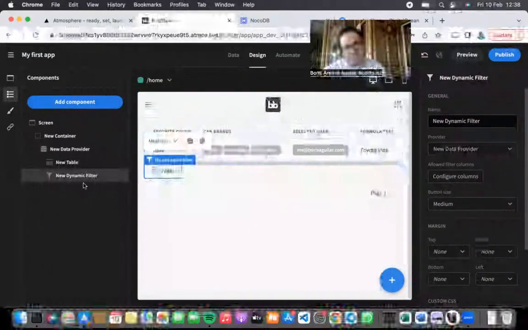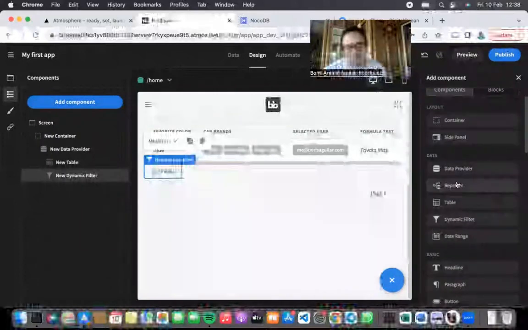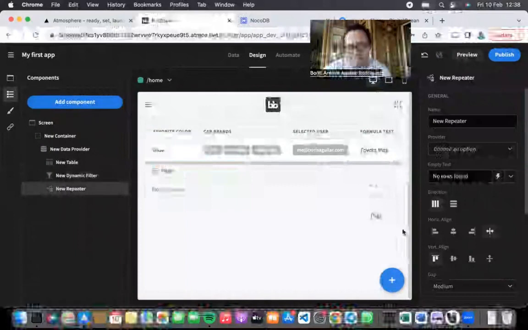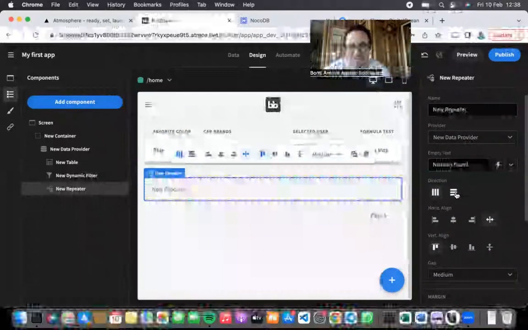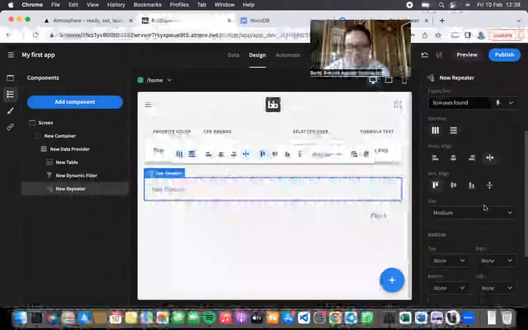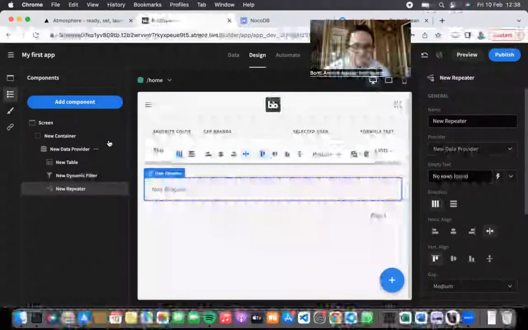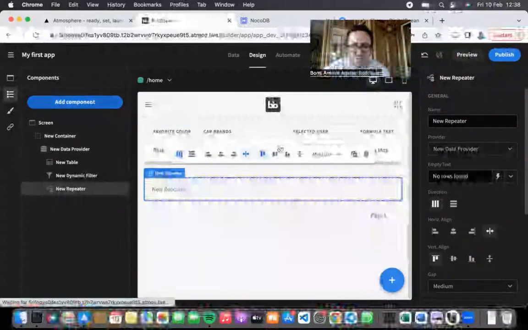Interesting. So let's add a new component, the repeater. Actually, the repeater, I didn't quite understand it last time I used it, because you can see I'm using the same data provider, but I don't see anything in a repeater. Maybe I'm using it wrong, I don't know. But yeah, I don't know what a repeater does. Let's add a new component,